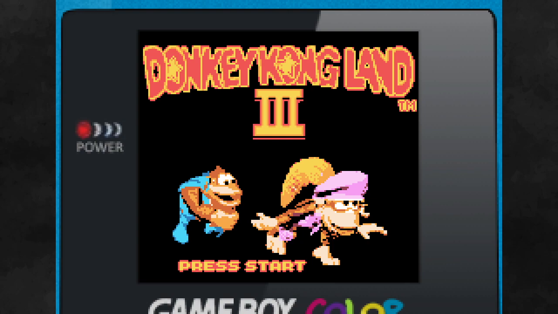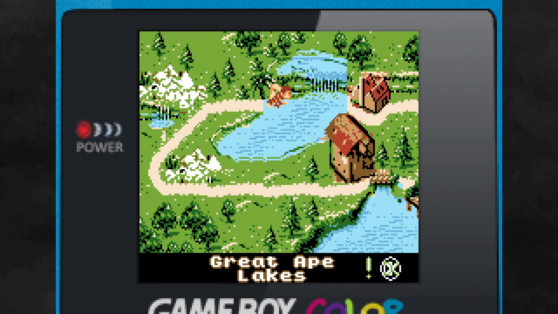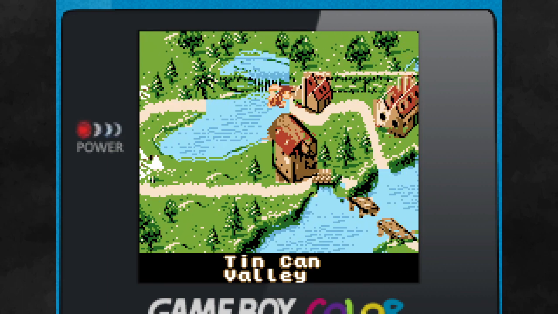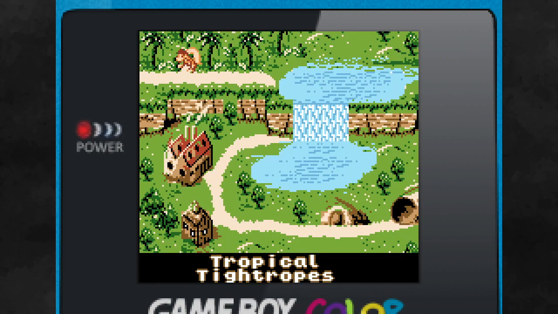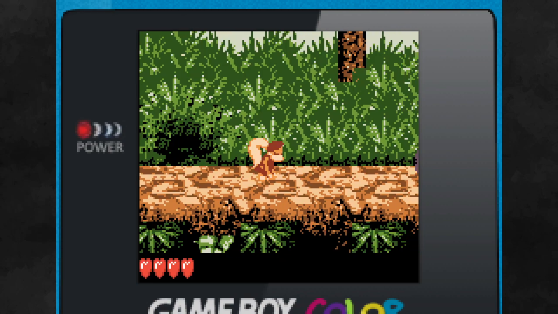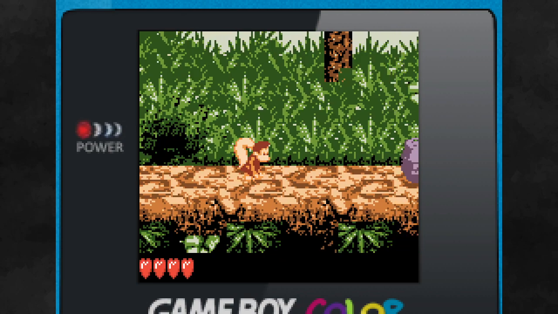When we last left off, our journey to find the lost world continues. We just finished up the Great Ape Lakes, and now we are headed into Tin Can Valley. Considering this location is right next to what appears to be a factory, I expected this to be a rather metallic area. First things first though, we got another jungle